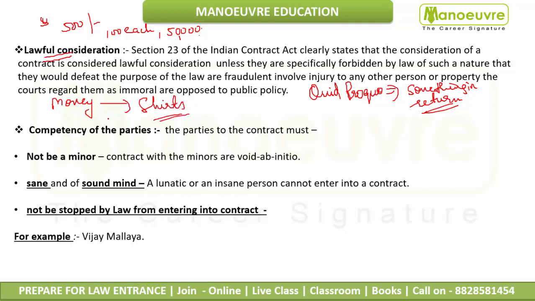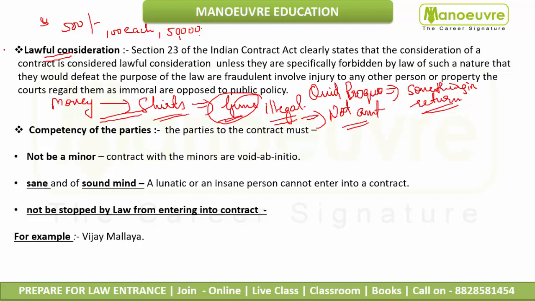So law says that the consideration has to be lawful. If over here you're dealing in, say, guns, then your consideration is not lawful. It will be illegal consideration, and that will not amount to a valid contract. So the first and foremost essential point is that the consideration should be lawful. Let's see what the section says. Section 23 of the Indian Contract Act clearly states that the consideration of a contract is considered lawful unless,